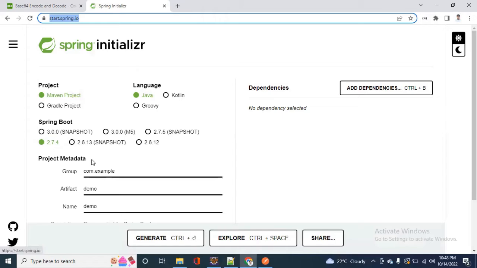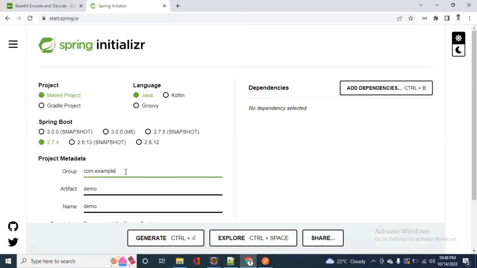So that's why in this video I want to show a demo on this 2.7.4 with the latest way of doing or handling the Spring security. And let's use this, and then I'll create